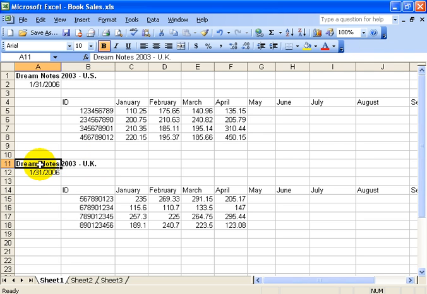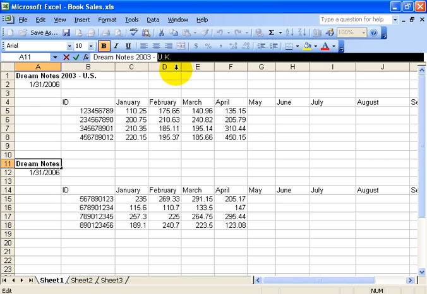So I'll click in cell A11, and let's say instead of the UK, it was going to be Australia. So there's a couple ways I can edit this. I can double click really fast, in which case I can actually click over here like it's actually in that second cell, but it isn't, it's still in the first cell. And I can hit escape to get out of it. Or I can come up in the formula bar and click and drag to select UK and then type in,